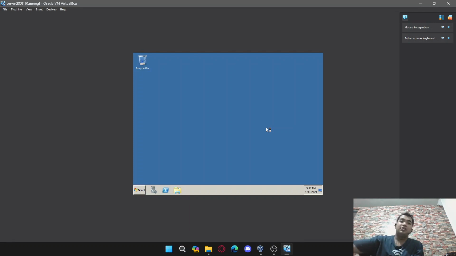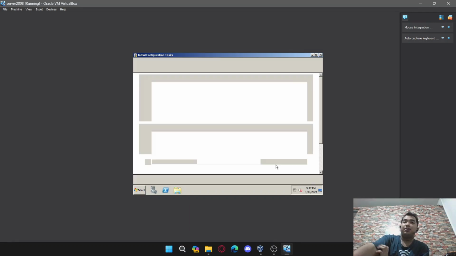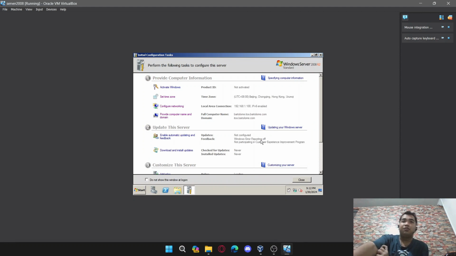Let's wait for it to show up the reader information. As you can see, it's now loaded up the domain, the full computer name,